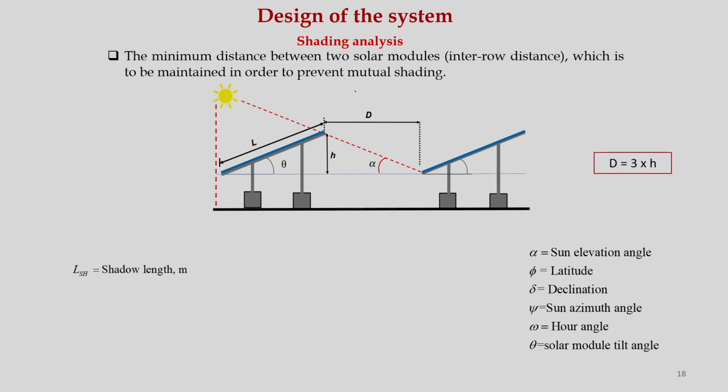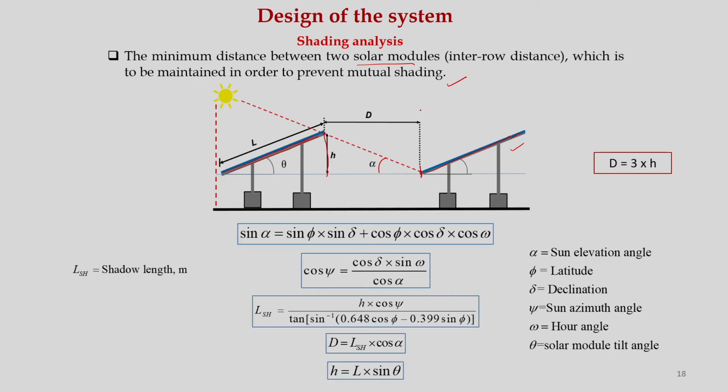So, the minimum distance between two solar modules, which is maintained in order to prevent mutual shadings, needs to be studied. If we consider this module and this module, what will be the appropriate distance between the top of this module and this position? We need to specify it so that the shadow caused by this module should not hamper the functioning of this PV module. So, we can do a lot of calculations and come up with a solution,